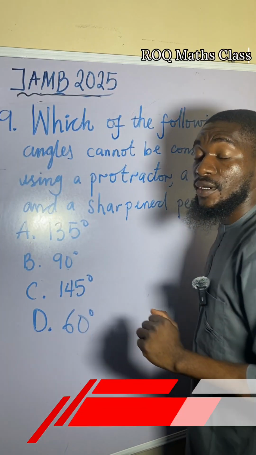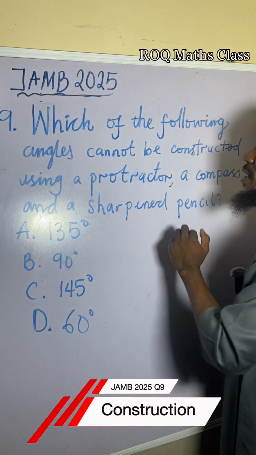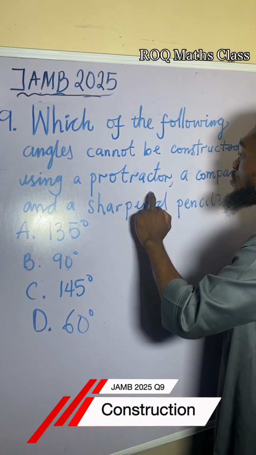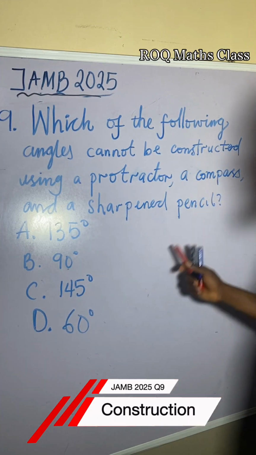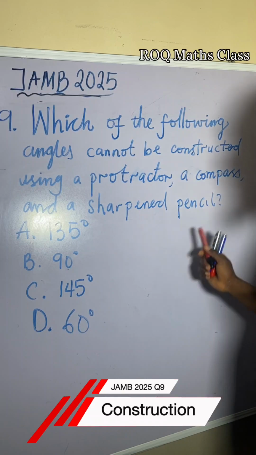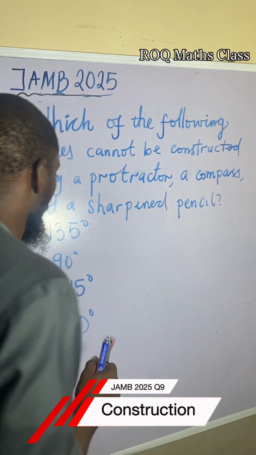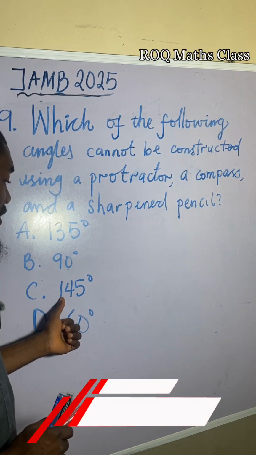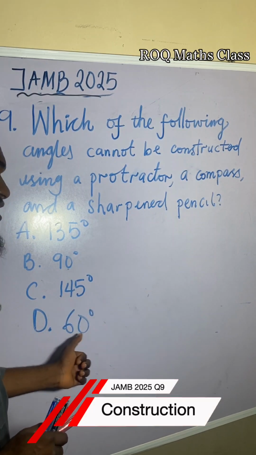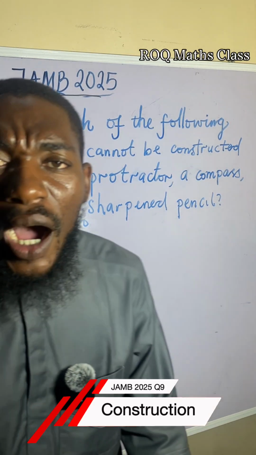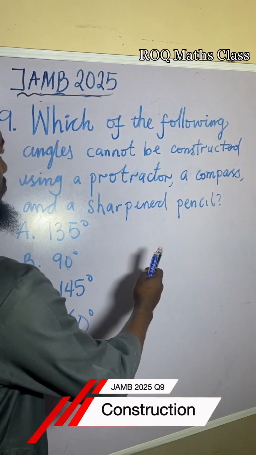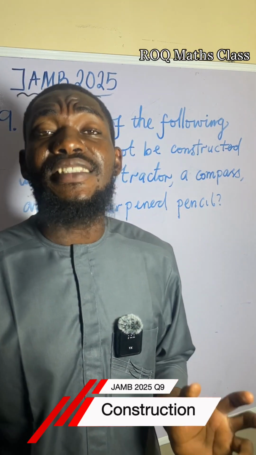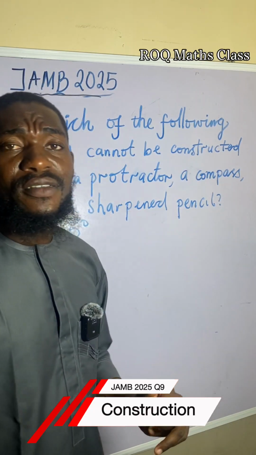Question 9. Which of these following angles cannot be constructed using a protractor, a compass, and a sharpened pencil? A. 195 degree, B. 90 degree, C. 145 degree, and D. 60 degree. Wow, this particular question, those in GS1, GS2, and GS3 can actually answer this question correctly and they'll get the